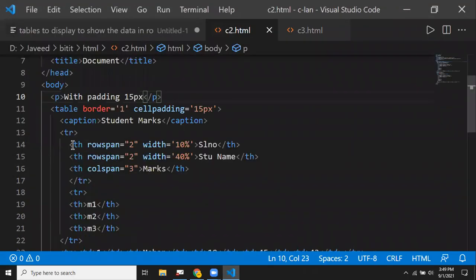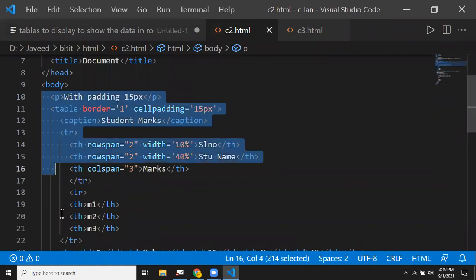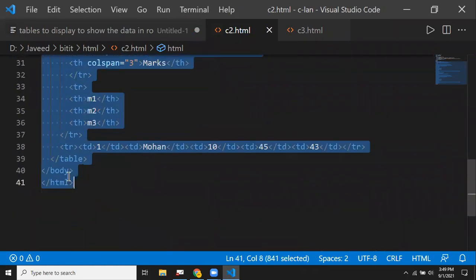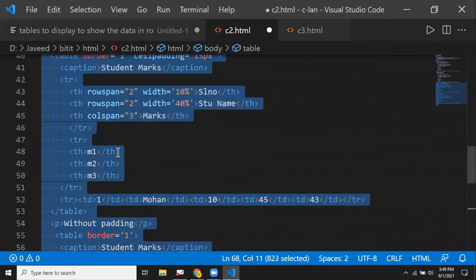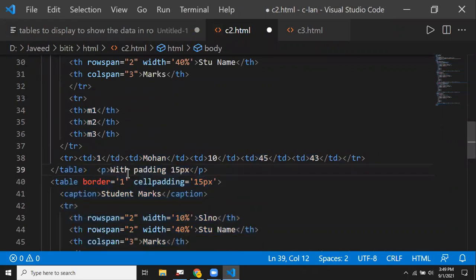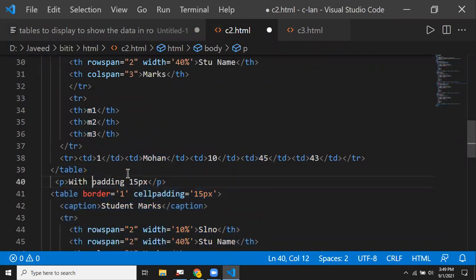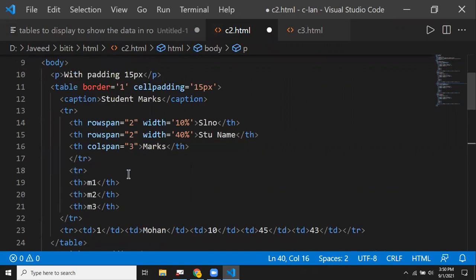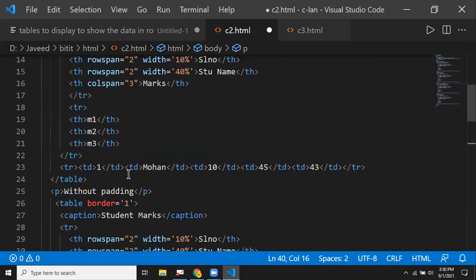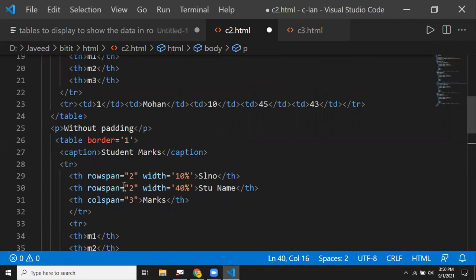I'll use the same thing, just copying those two tables down. We already saw the cell padding, so now I want to have the cell spacing.